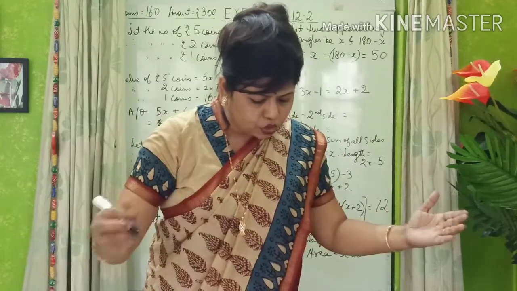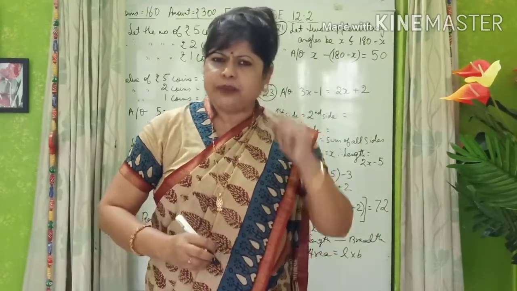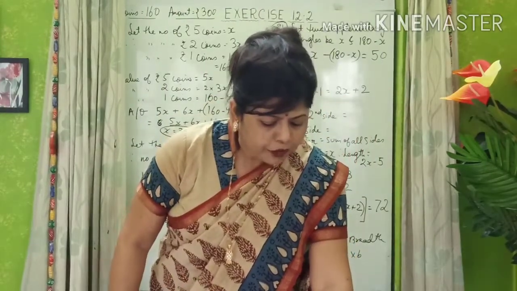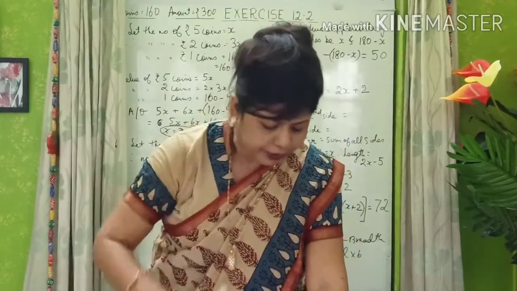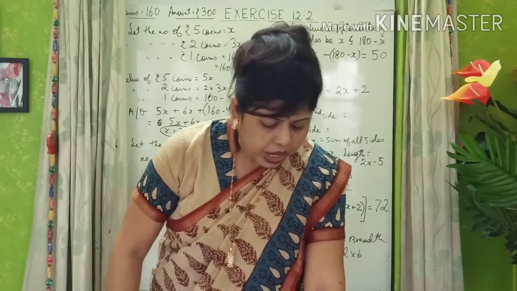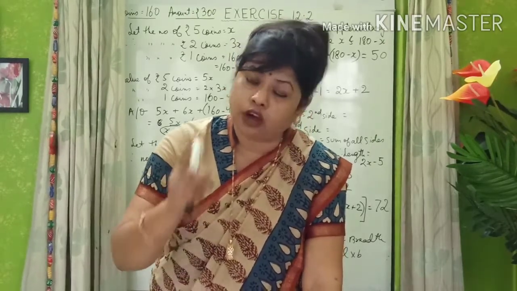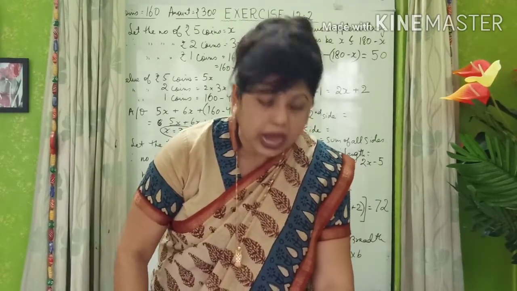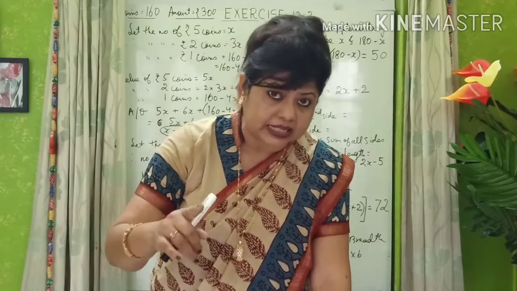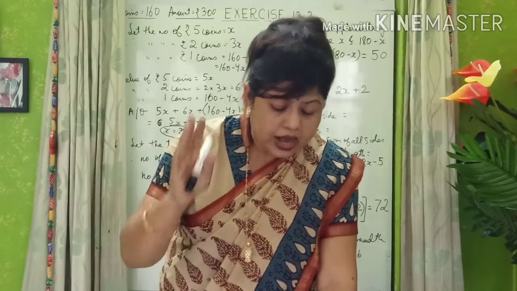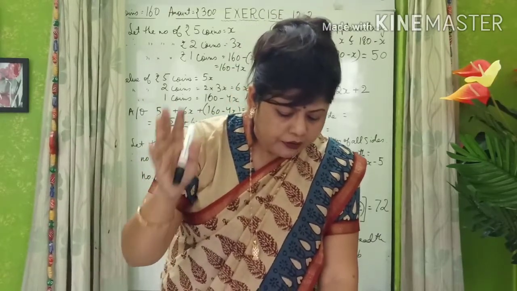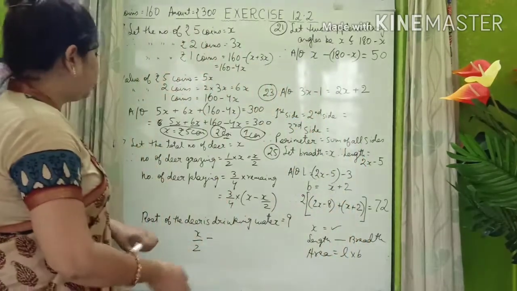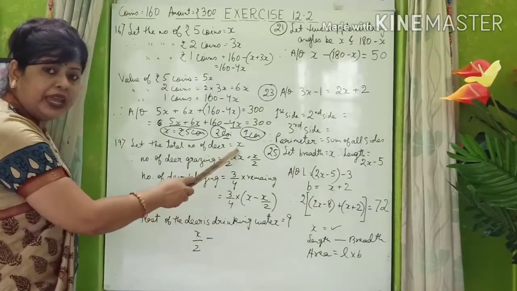Next, let us come to question number 19. Question number 19 says, children, this is a little different type of question. Half of a herd of deer are grazing, a group of deer in the field. 3/4 of the remaining, you have to be very careful with the word remaining, 3/4 of the remaining are playing nearby. The rest, again rest, that is remaining, 9 are drinking water. Find the number of deer in the herd. So let the total number of deer in the herd be x.